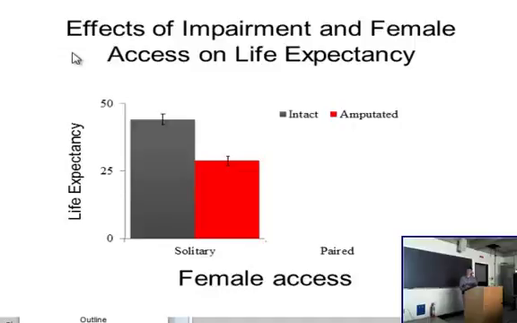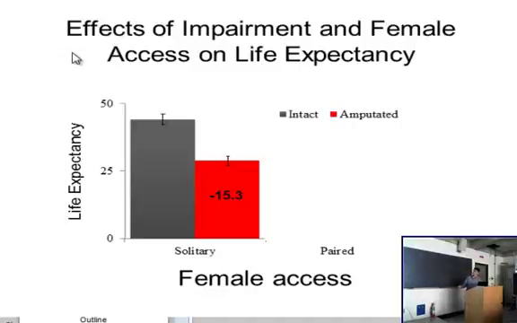So here we have the males that are solitary, so those are our control group, just to determine what amputation does. And amputation reduces the life expectancy by just over 2 weeks. Now when combined with female access,